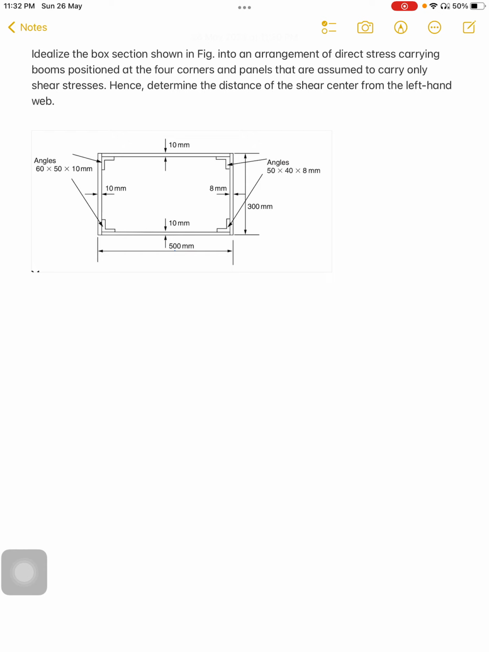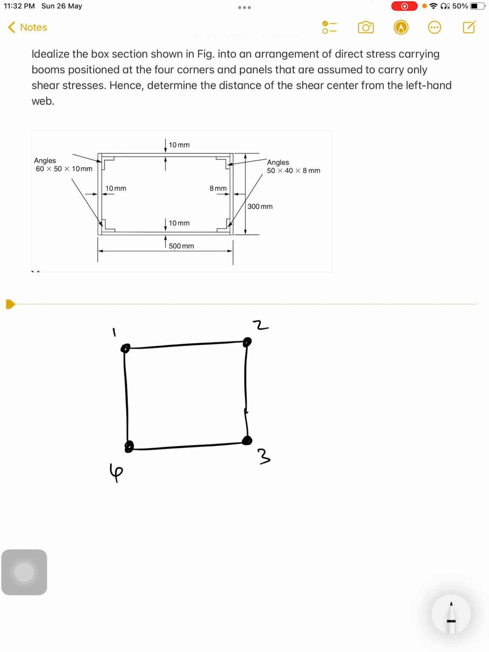Okay, first thing we have to idealize this section and we need to determine its shear center. So idealizing, we convert the stringers or stiffeners into booms. A boom is a concentrated area. Let me assume this is 1, 2, 3 and 4. The first thing we need to determine